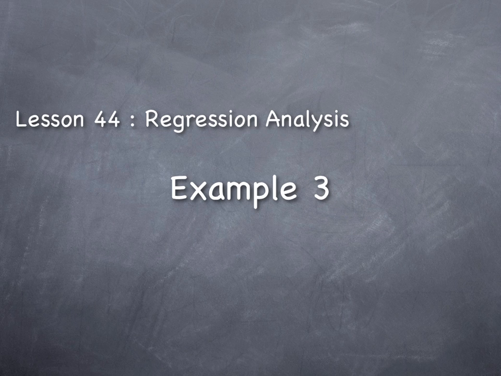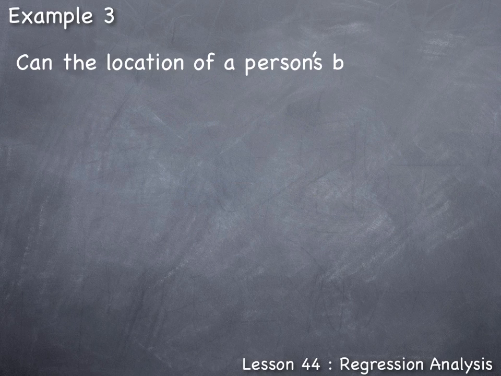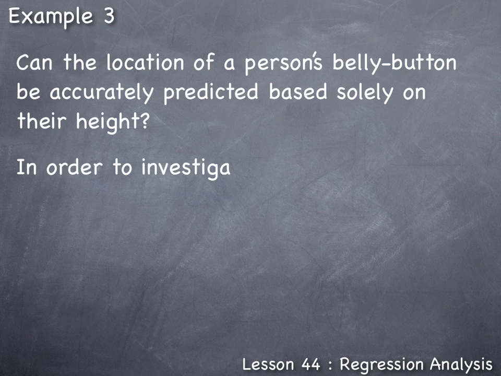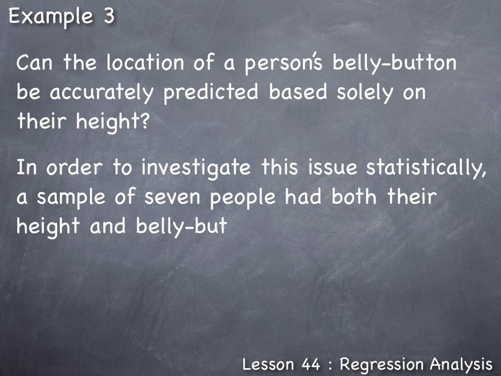Lesson 44, Regression Analysis. Example 3. Can the location of a person's belly button be accurately predicted based solely on their height? In order to investigate this issue statistically, a sample of 7 people had both their height and belly button height